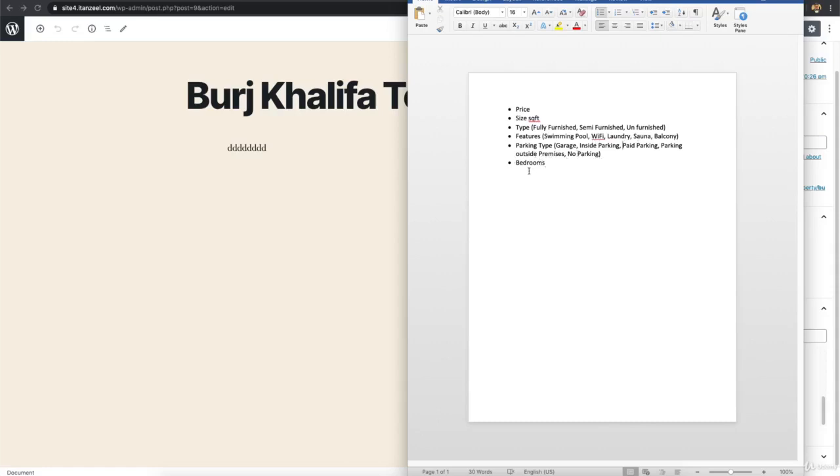Same like this, there can be information about the number of bedrooms. And now there are a lot more things that you can add to your particular property. But this is the list that I came up with in approximately 15 minutes, because I had to go through booking.com to get the filters and the property details, what are the things that people add. Same like this, you can go to airbnb.com and so many other websites where properties are sold, and just take a look at the property